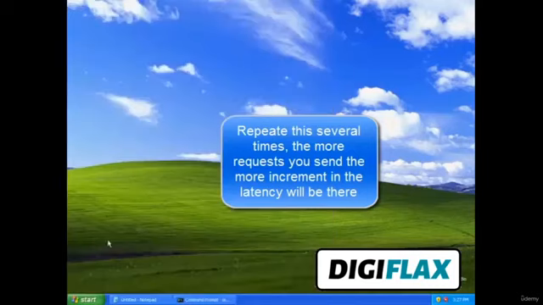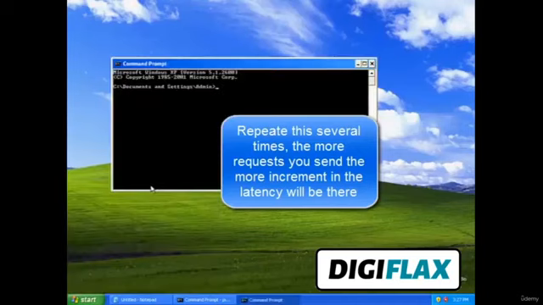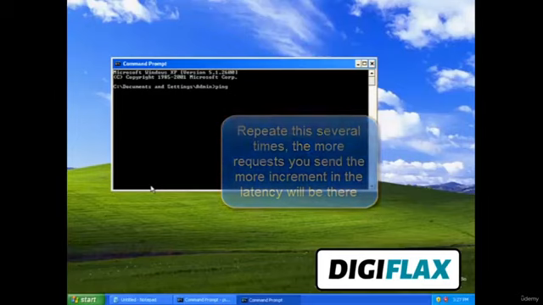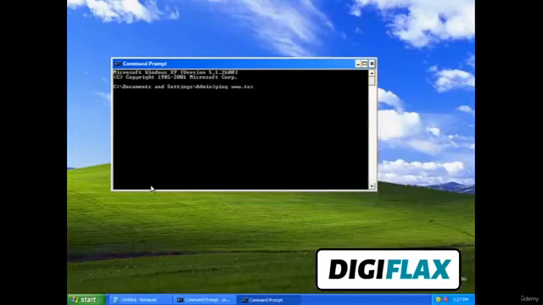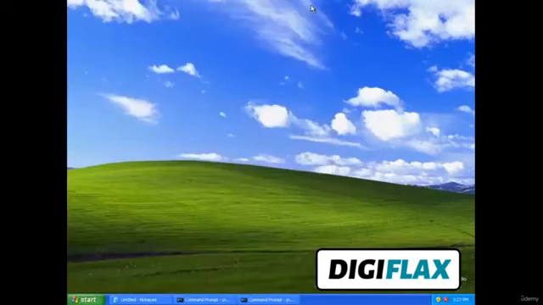Minimize this. Open the command prompt again and do the same thing: ping, website name, -t -l 1000. Minimize this.